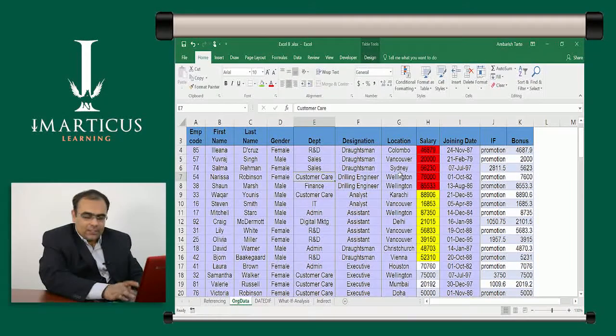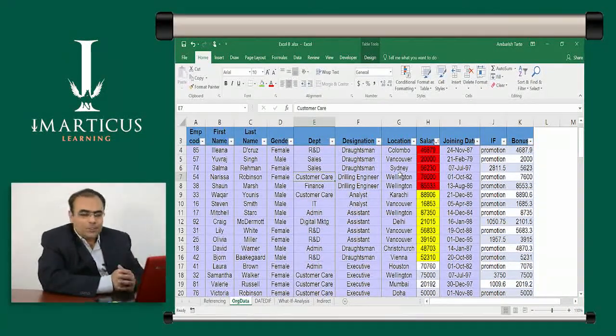I repeat, Control Shift and L as in London together. Okay, and the drop downs are applied. Okay, before we start looking at multiple examples of filter, I would just like to inform all of us here